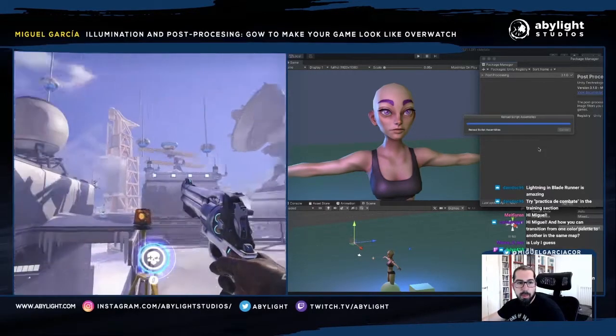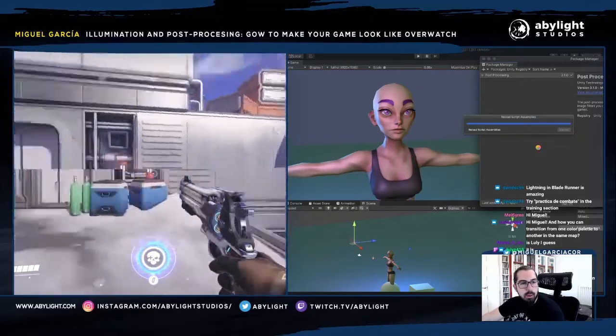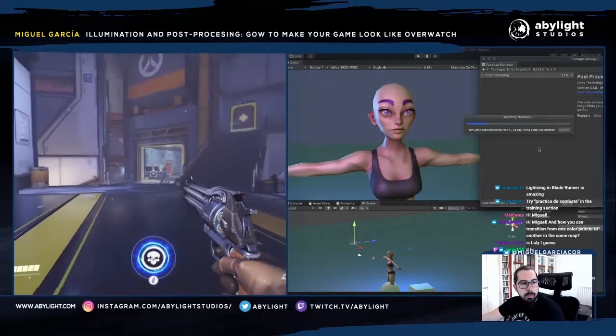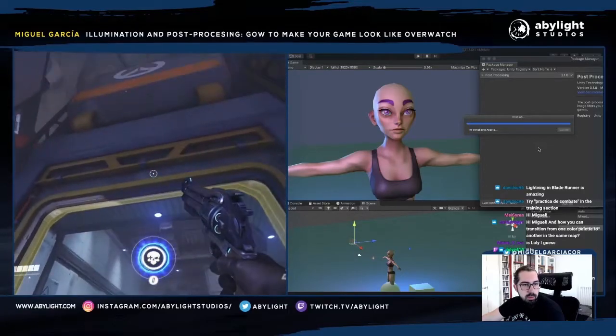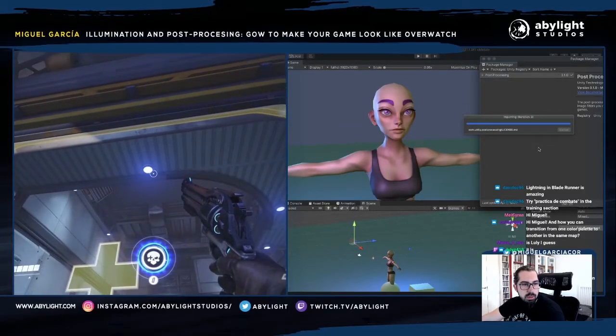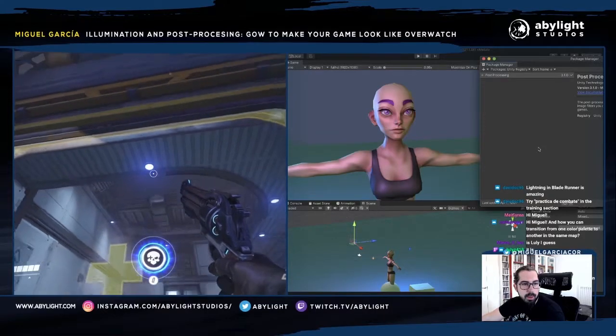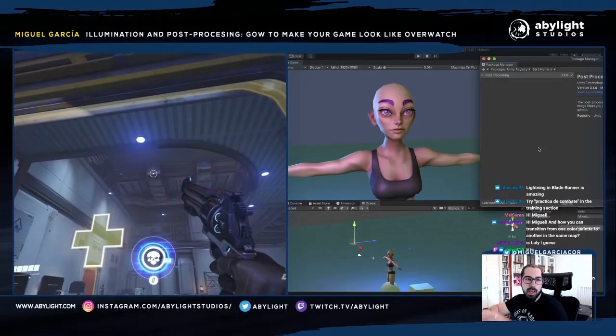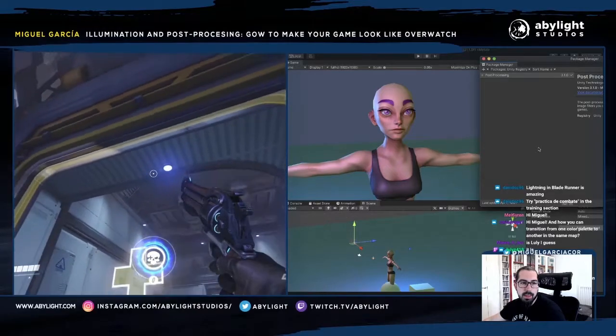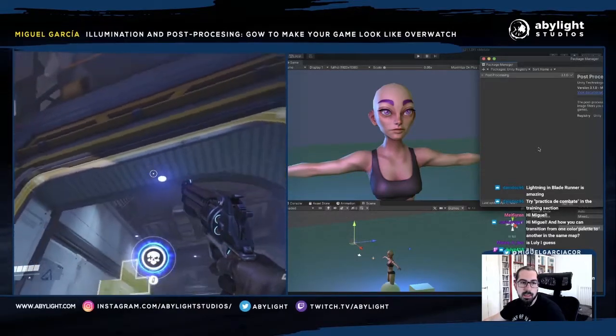This is the full package that Overwatch does. For example, I'm going to show you, this is using an emissive map, and in combination with the bloom, you can see an area, a volume involving this light that we can see here. Okay,